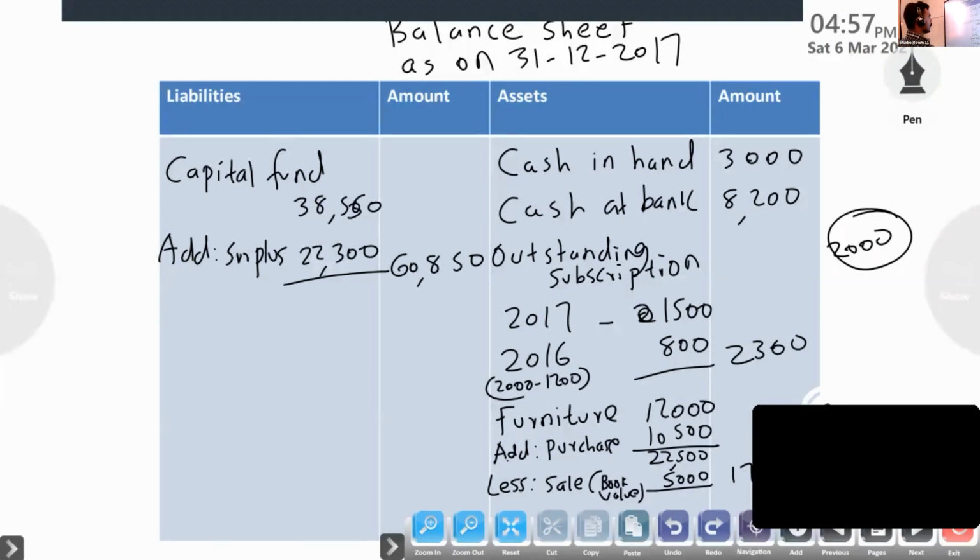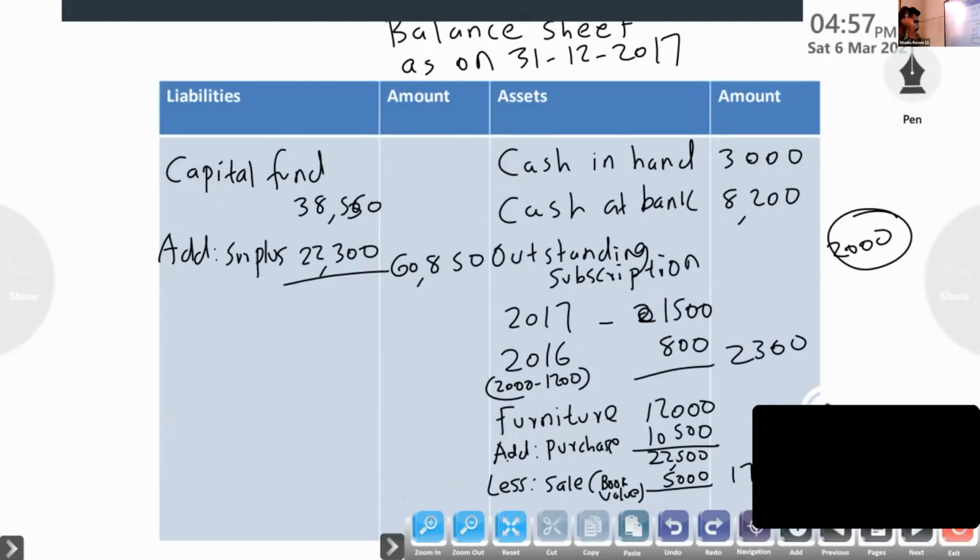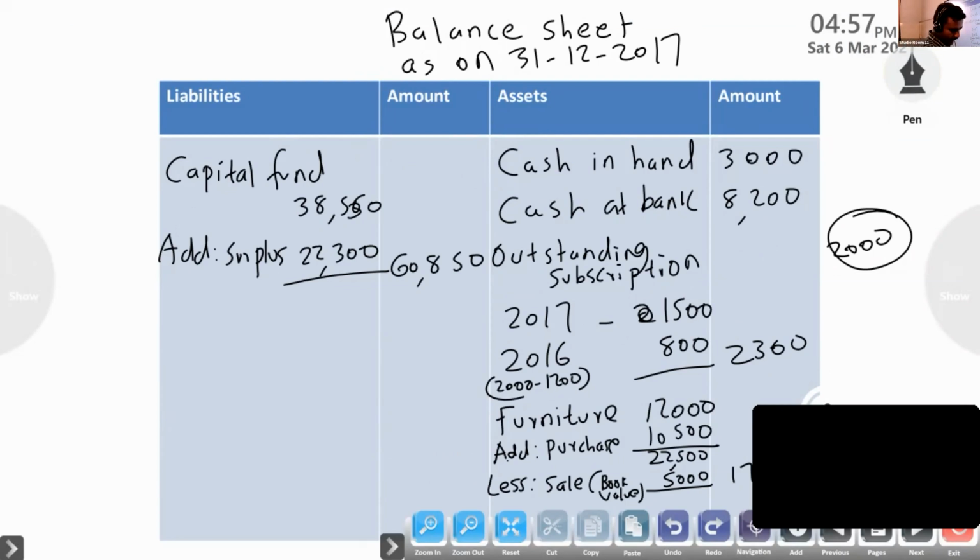Okay, so we looked at the opening balance sheet. Then we did the adjustments. Now you have to look at whether we left any other item. So first we will look at the payment side. Any item we have to write? Karthik, any item? No, sir. You look at that fourth one.